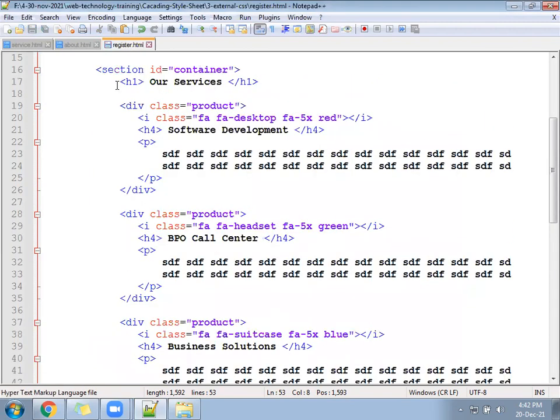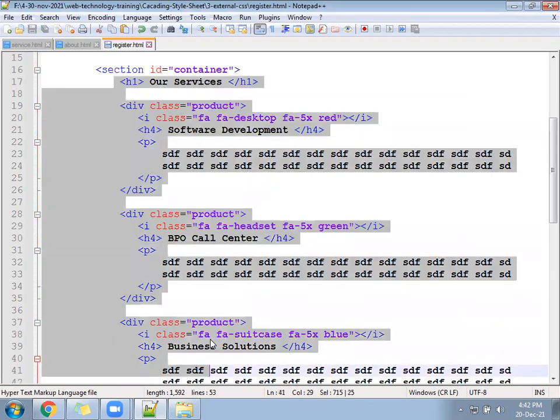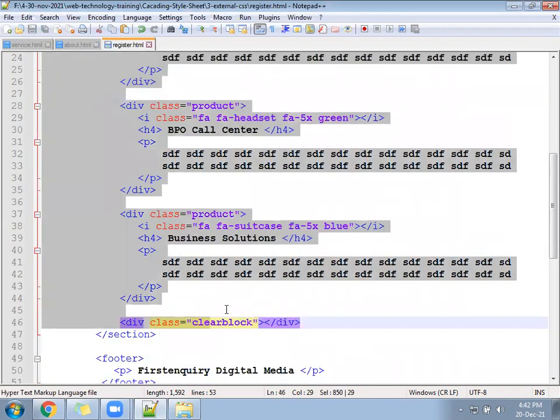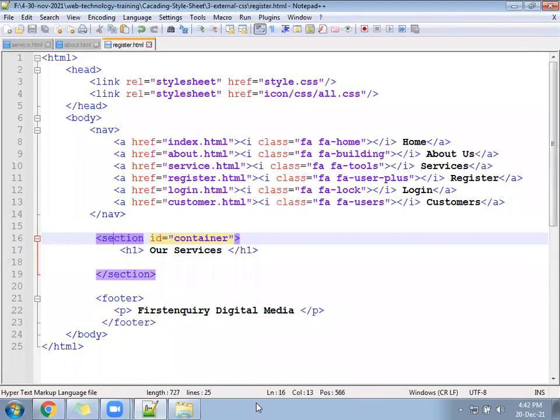and delete everything from the container. Each one you can keep, and remaining all the divisions you can delete. Delete the footer section also, because the header part remains same always, footer also remains same. Header, footer, you are not going to change anything.